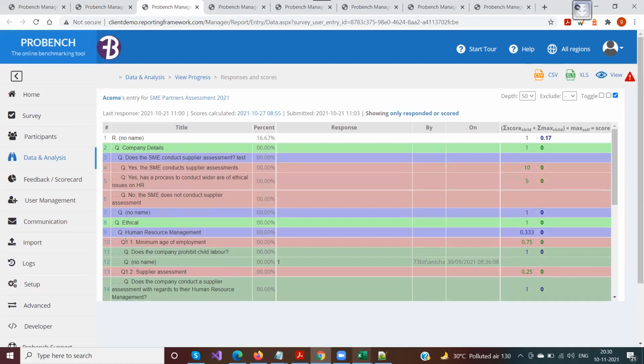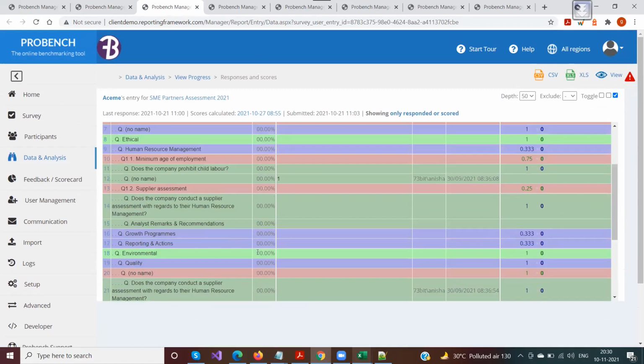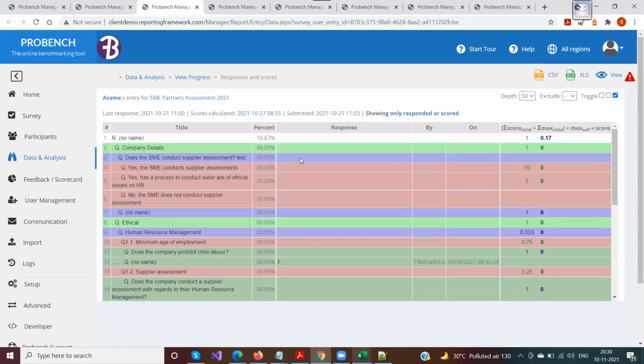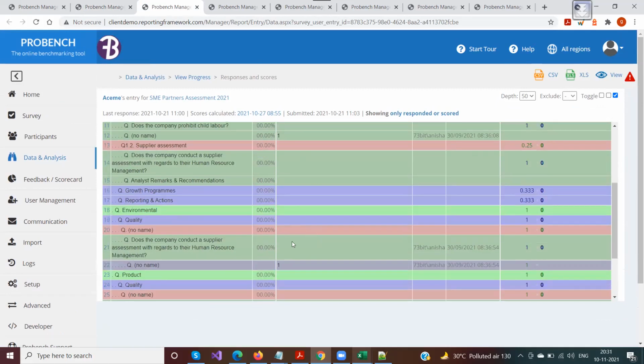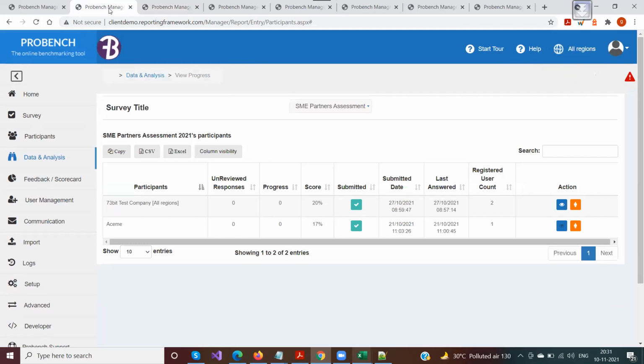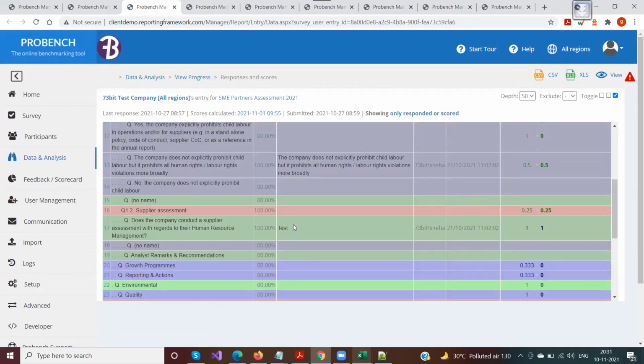So you can see question 1.1 has a score of 0. Similarly, the submission question has a score of 100. Depending on wherever you have assigned the scores, you will see the scores. And you will also see what response was selected for a particular question. Let me find a better example here. Yeah, so this is a better example.